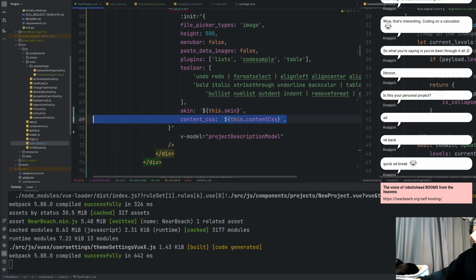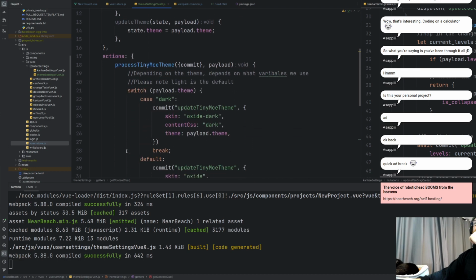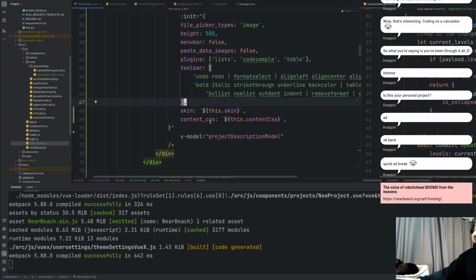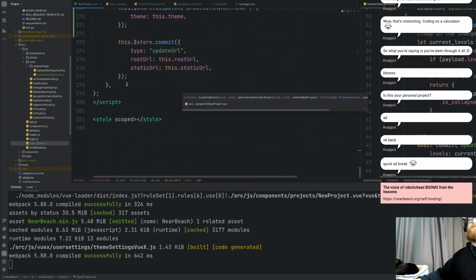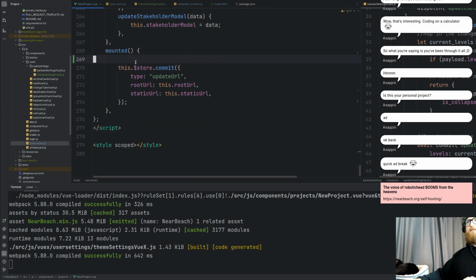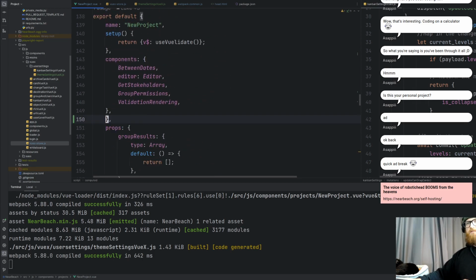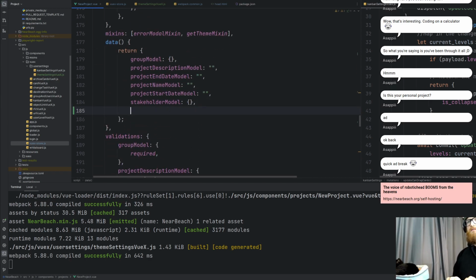What I could do is get rid of the computer stuff. Let's get rid of this here, we don't need this anymore. Scroll up to the computer stuff, we don't need that anymore. So go to the data. What we've got is skin,